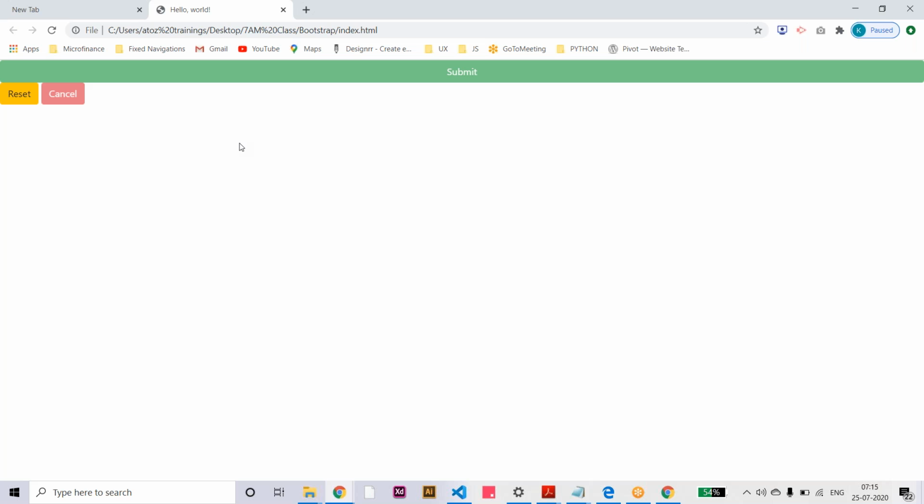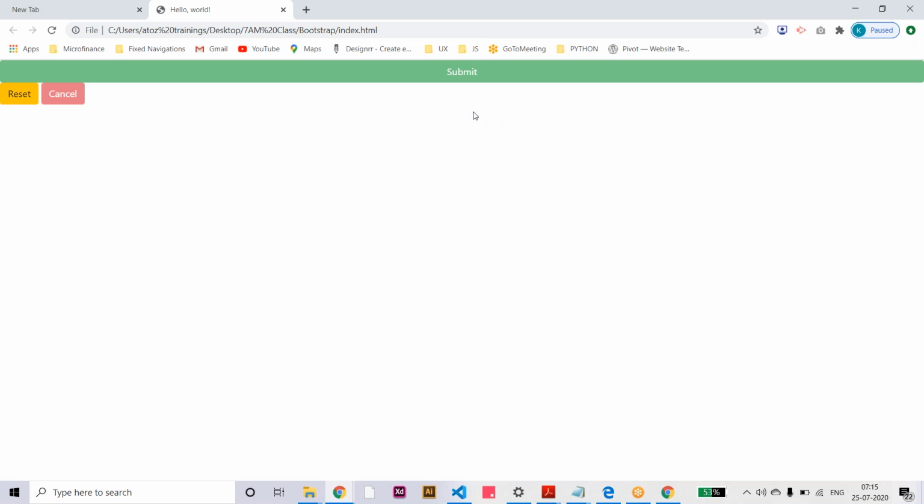Okay, suppose when you are validating the form, suppose some mandatory fields are there, like first name, mobile number, okay, or email address, some important contact information. So you want them to enter it. So until they enter the information, the submit button and cancel button will be disabled. After entering the correct value with the correct data types, for example, if it is an email, the email pattern should be correct.